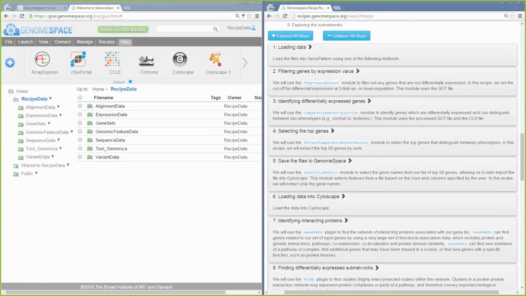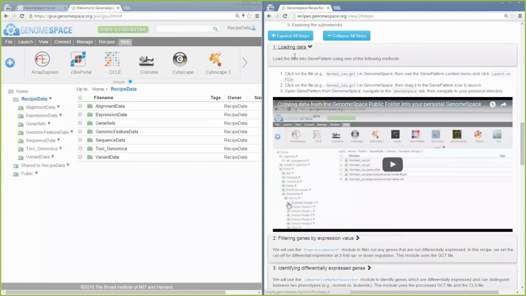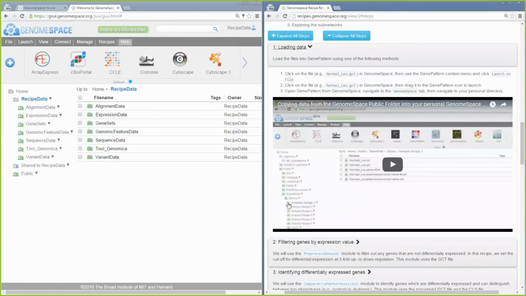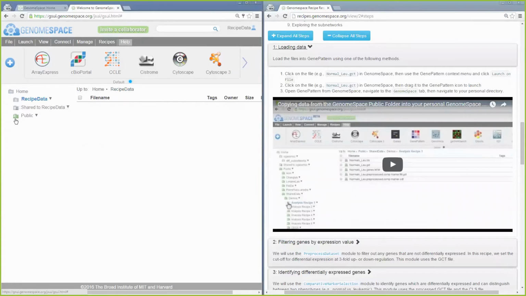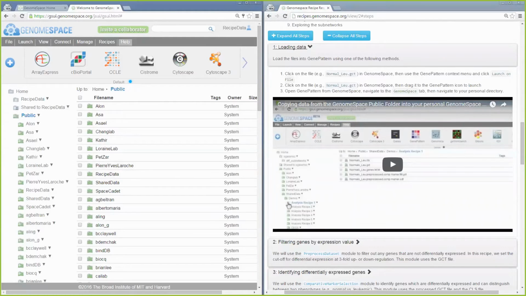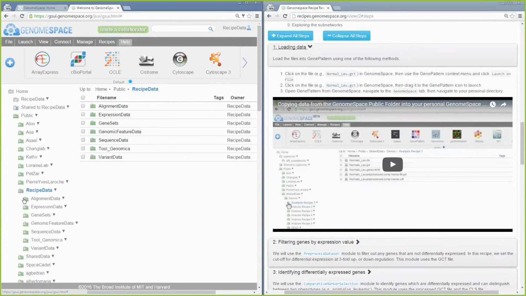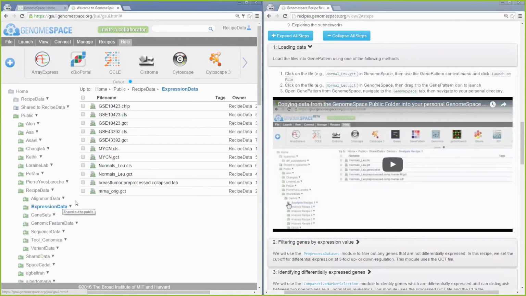So step one is loading data. Here we want to load data into GenePattern using one of the following three methods. So we're going to pick method number 2, which is that we click on a particular file, this normal_lu.gct, and in this case, we know from the input that we need to go to public, recipe data, expression data, and we can find that normals_lu.gct file.